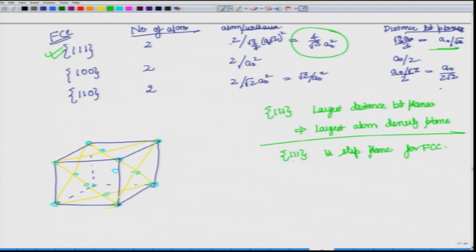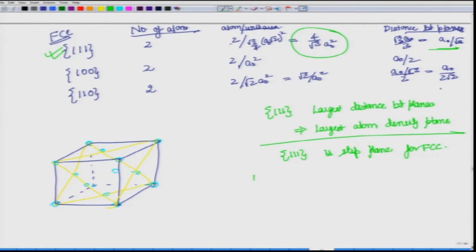So, we have already established based on the relation for tau that 111 will be the slip plane. Similarly, if you look at the Burgers vector, you should be able to derive it, and we will come back to this in the next class. In the meantime, I would hope that you can go back and find what will be the Burgers vector for FCC. We have already described the slip plane. So, we will come back and meet here.